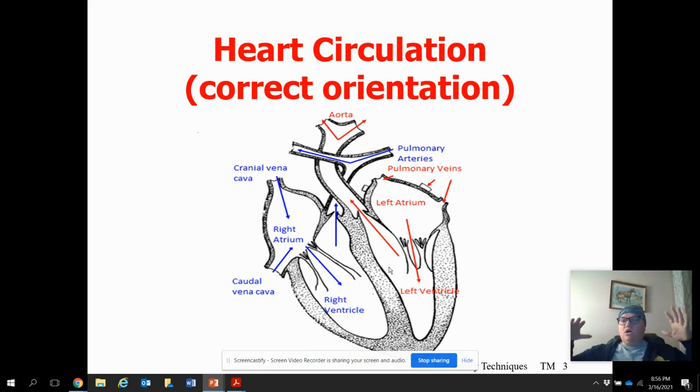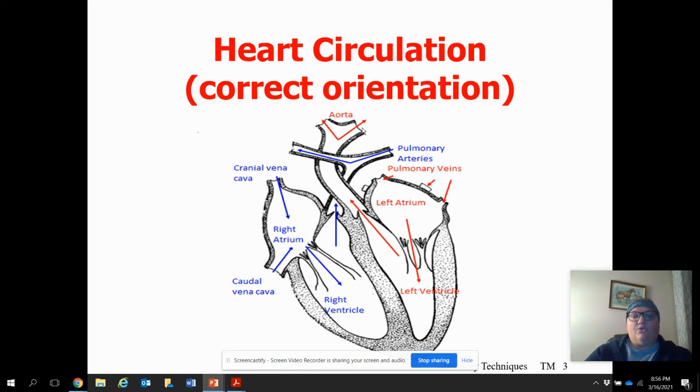The left ventricle gives a huge push, lub-dub, huge push, and it pushes the blood out the aorta, and then it goes out to oxygenate the rest of the body. So some part of the aorta goes cranially and up to the head to oxygenate the brain. That's very important for your brain to have oxygen. And then other parts of the aorta curve around, and the blood heads caudally to oxygenate the rest of the